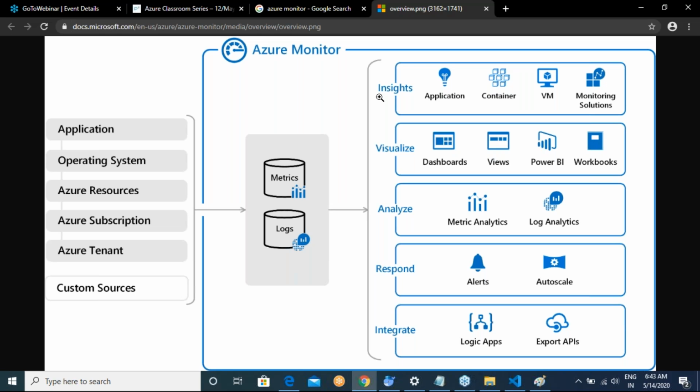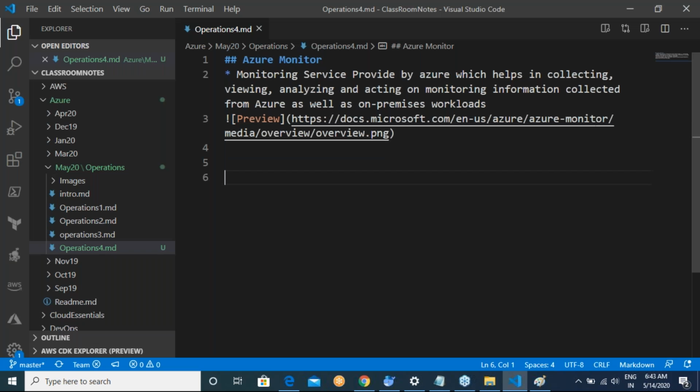The simplest resource we can think of is virtual machines. So, monitoring Azure virtual machines: in Azure virtual machines, what are the different things we can monitor?